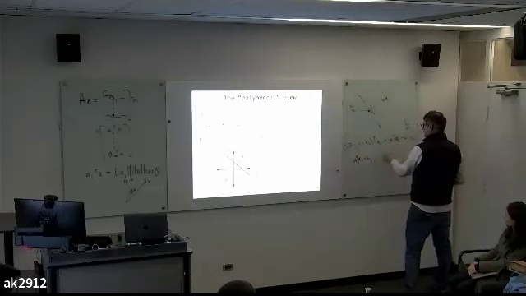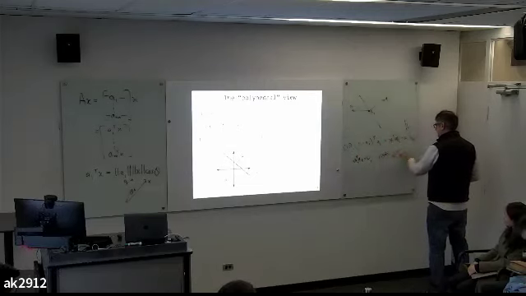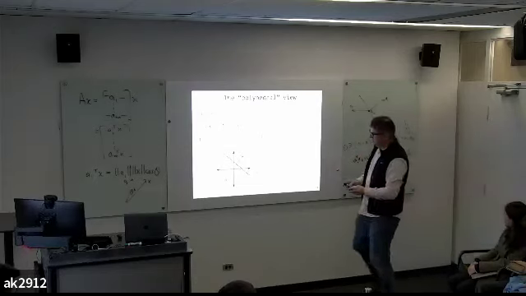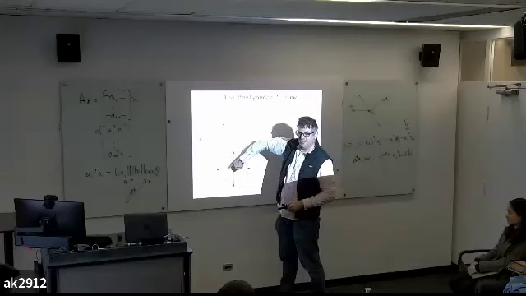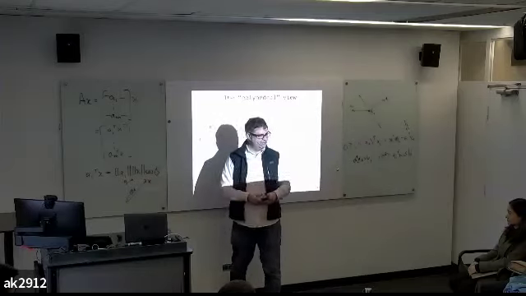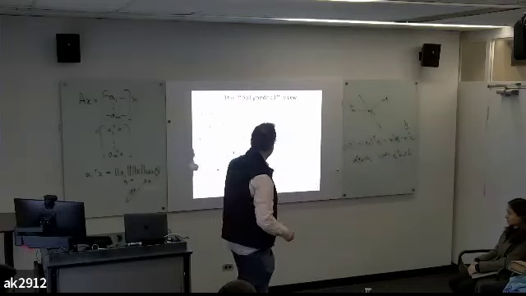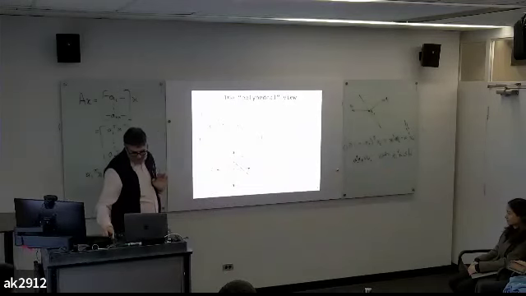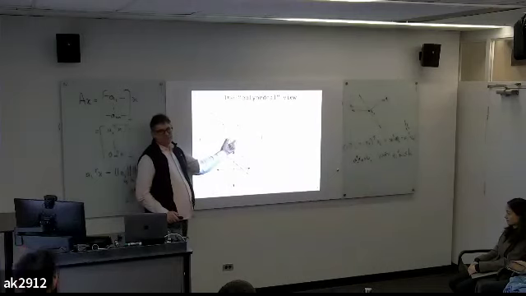Yeah, this is if and only if a_i transpose x is less than or equal to b_i. That's the right way to do it. So the way to think about it is that it's the set of all points that have an angle bigger than 90 degrees from a, because the cosine should be less than or equal to 0. I've never seen that in any textbook. Maybe you've seen it, but I haven't, as a way to geometrically understand what this is.